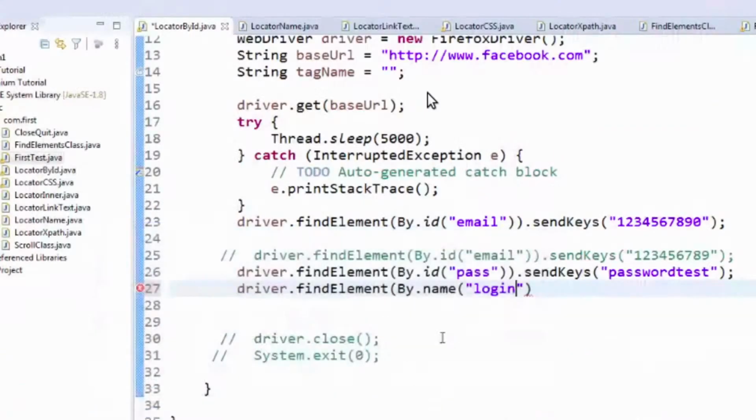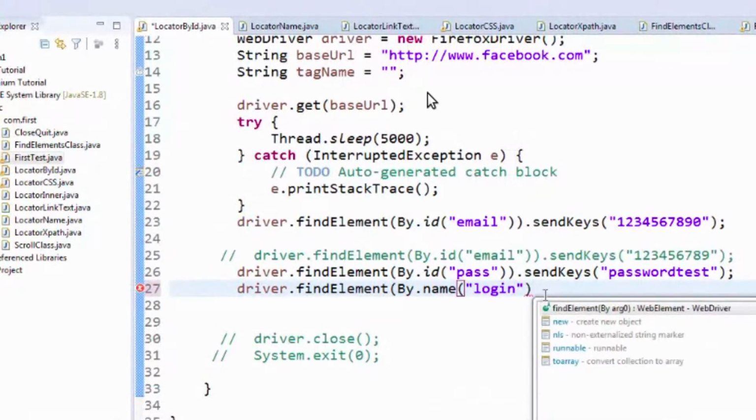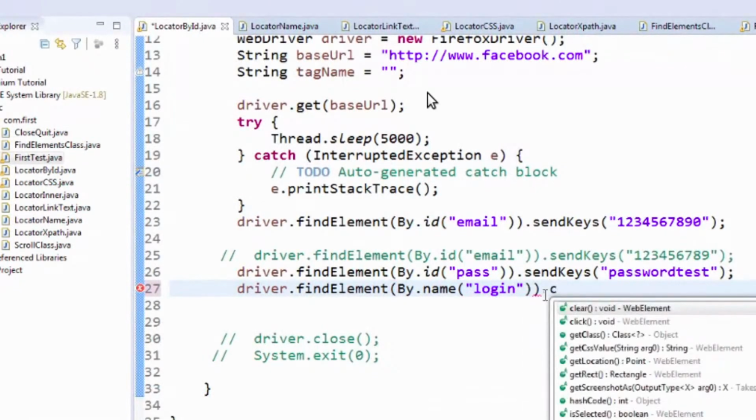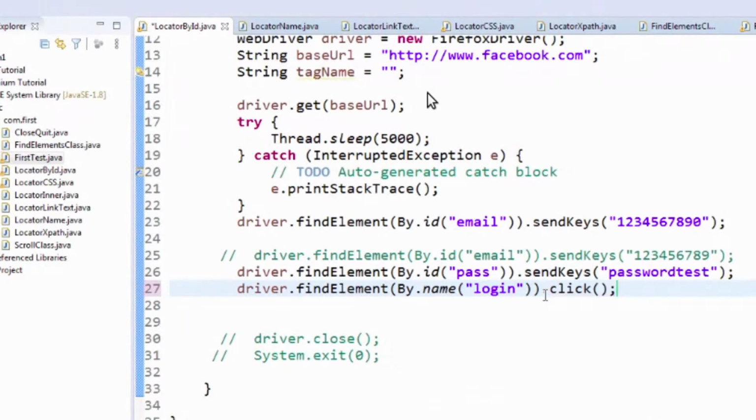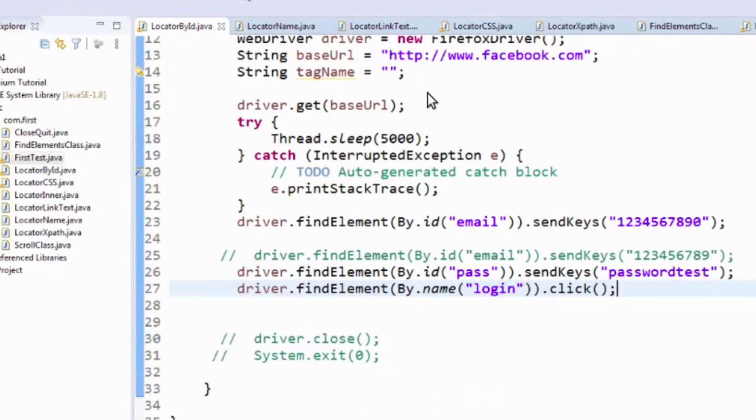So with this property we can locate the button. Then click is the function which helps you to click, like we click on a button or mouse, anything clickable. Now run this program again to see whether this time we will be able to click it or not.